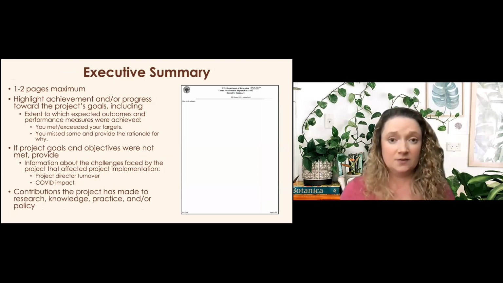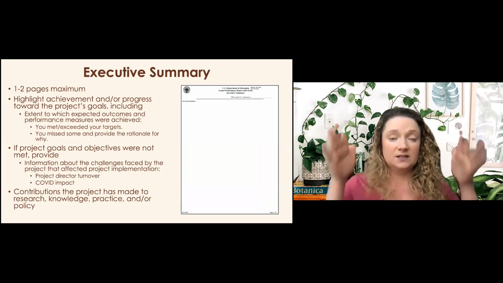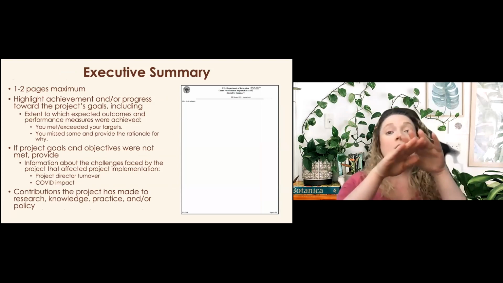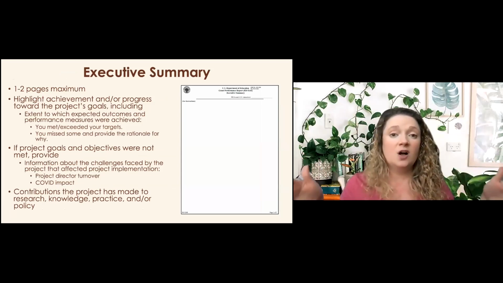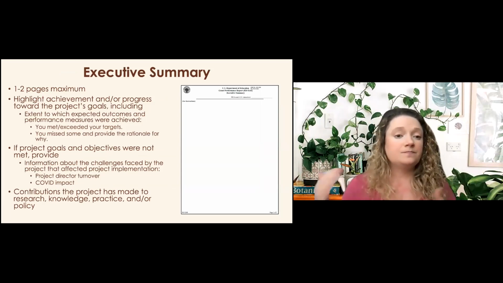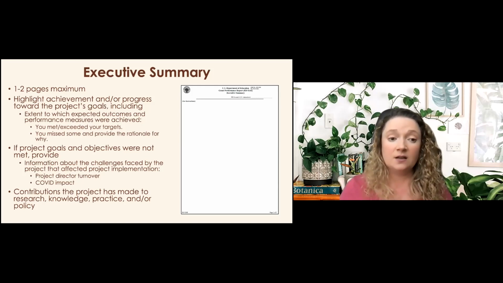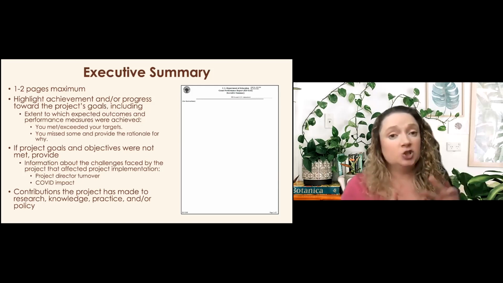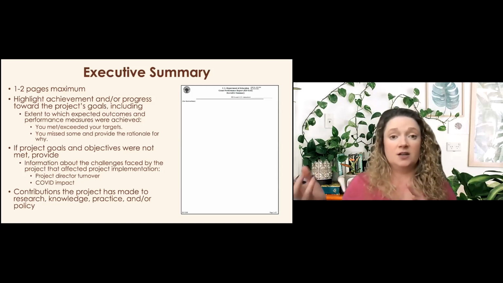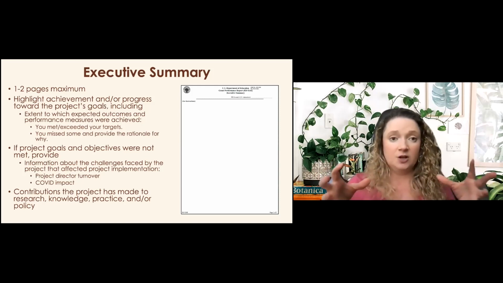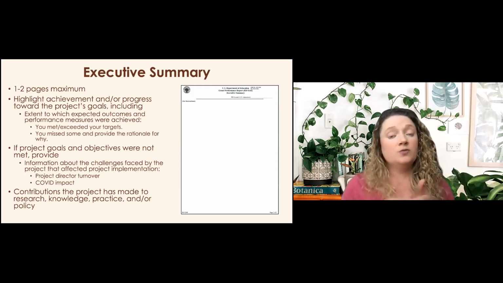You want your executive summary to be the more concise 2-page high-level overview of what's gone on in your project for the first 6 months, which for most of you has been the planning period. You want to talk about what you've been able to achieve, the progress you've been able to make, and any challenges you've encountered. Maybe you've had to change your plan some based on a challenge that came up or due to COVID. This is where you're going to talk about those parts